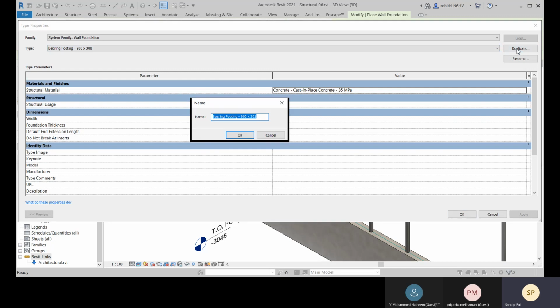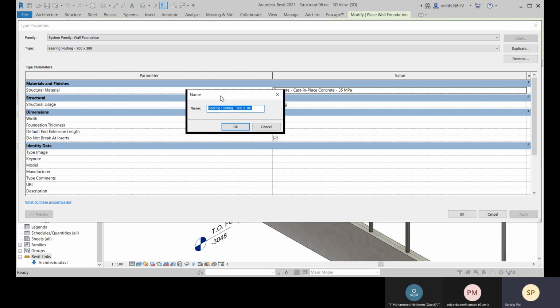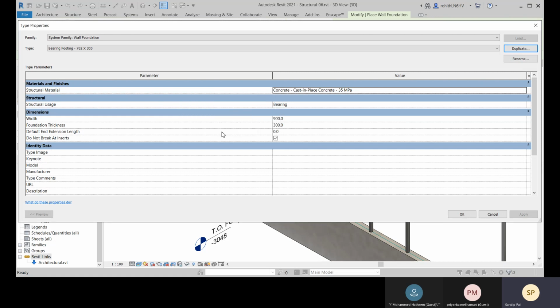So let me duplicate it. You are already aware of this process, how you can create a system family. So this one is a system family, so let's duplicate it, and here let me go for 762 by 305, all in ML, and click on OK.